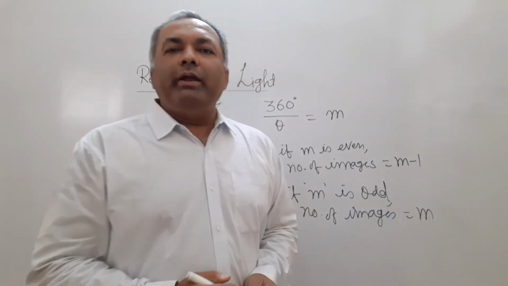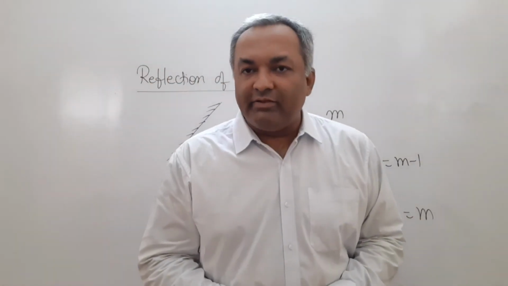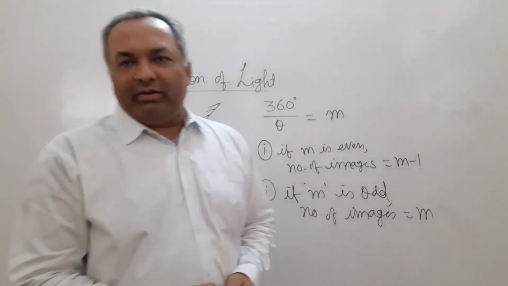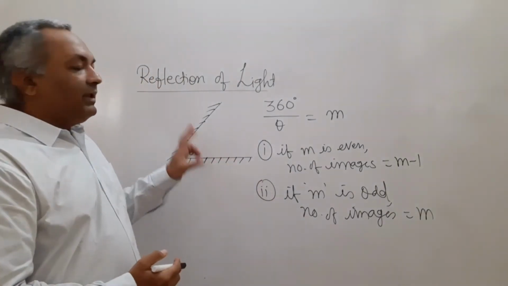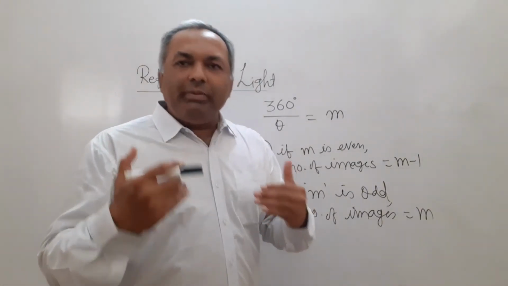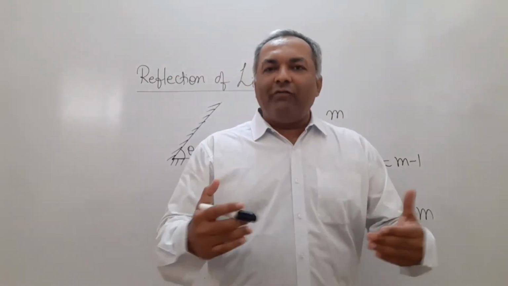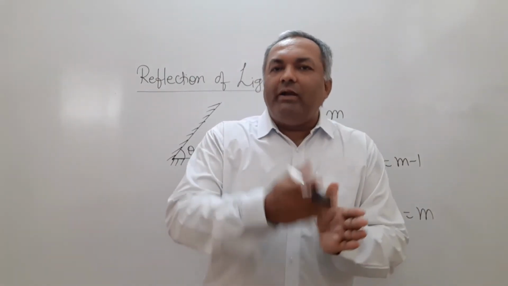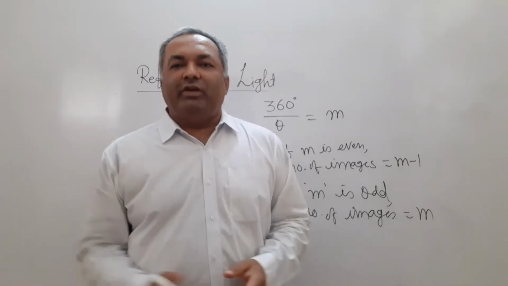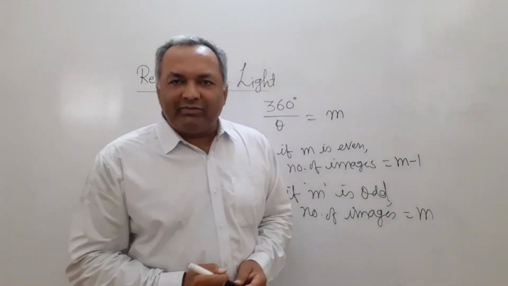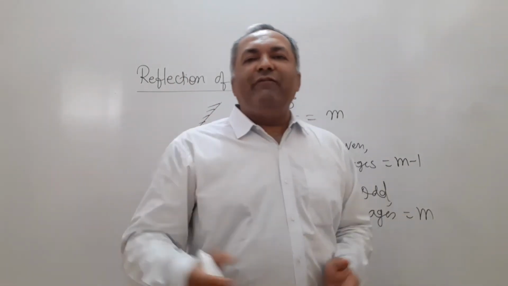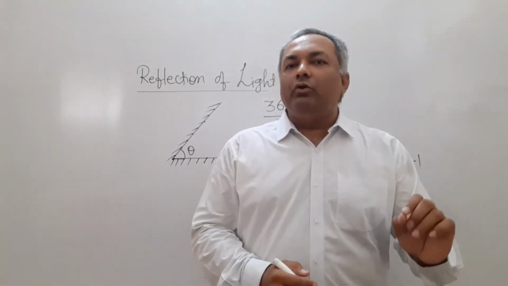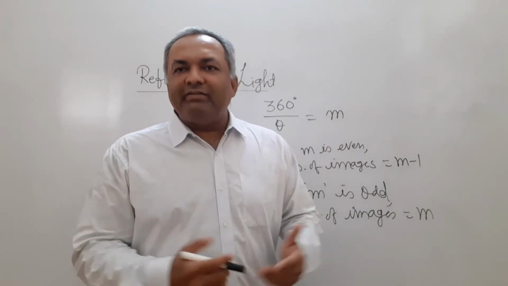Another important point that is worth considering here is, imagine that you are actually standing between these two mirrors somewhere which are inclined at an angle theta. Now you will be able to see multiple images of yourself, but as the rays of light undergo successive reflections, what is going to happen is that after every reflection, the quality and the brightness of the image is going to reduce. Why does that happen?